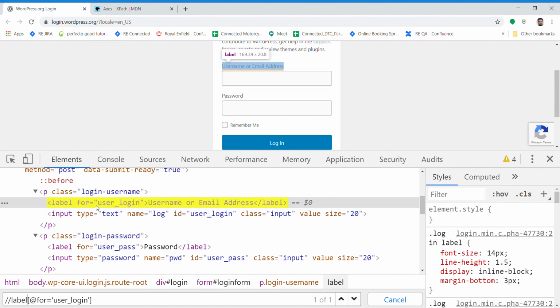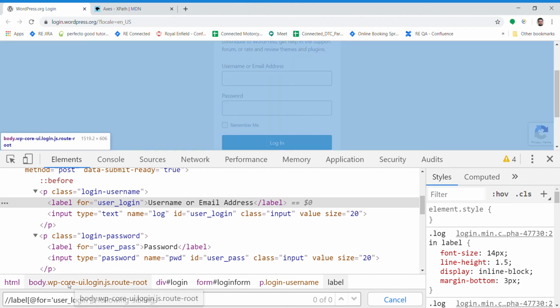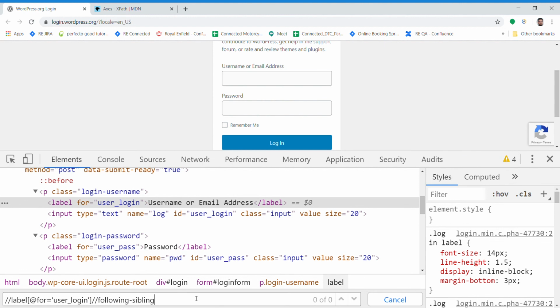So if from this element we want to go to this element, we are going to use double forward slash, select any elements from this element which is its following sibling. If I use star, it would show 1 only, because after this label for there is only one sibling, input type having text, right?